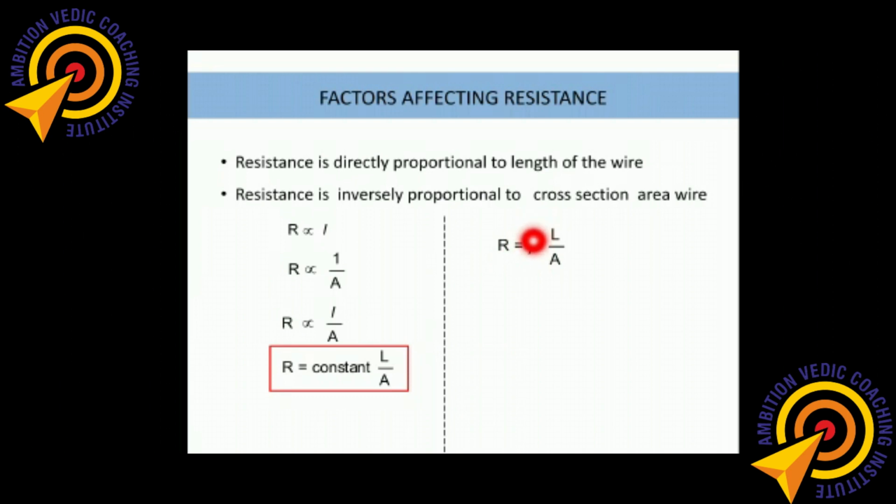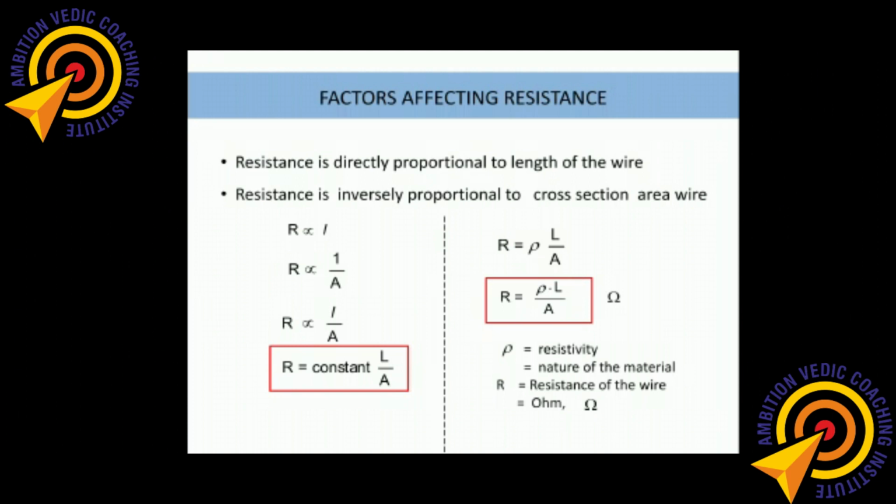It depends on the material. If we have a copper wire, for a copper wire rho is constant. If you take a zinc or gold or platinum wire, then it will be constant for each of them. So R is equals to rho into L divided by A. Rho is nothing but the resistivity of a material, which depends on the nature of the material the wire belongs to, and this R is known as the resistance of the wire, and the resistance of a material is always measured in a unit called ohm, OHM. It is after the name of a scientist basically.